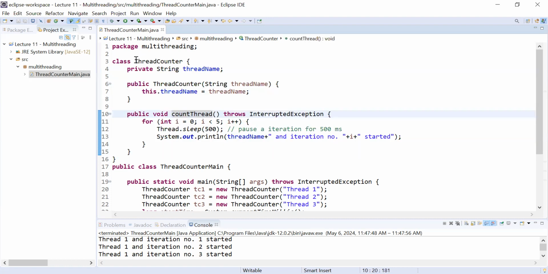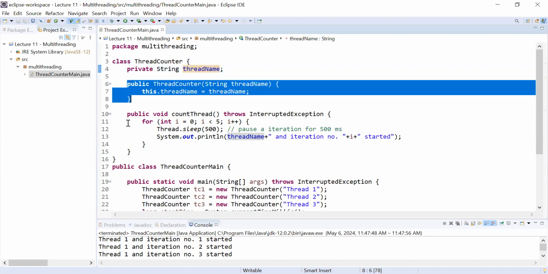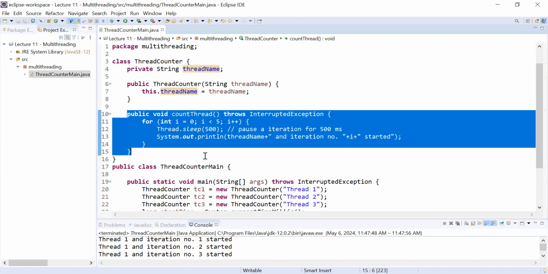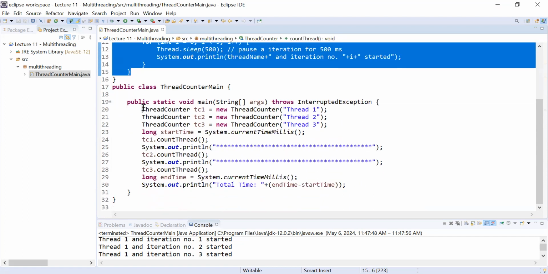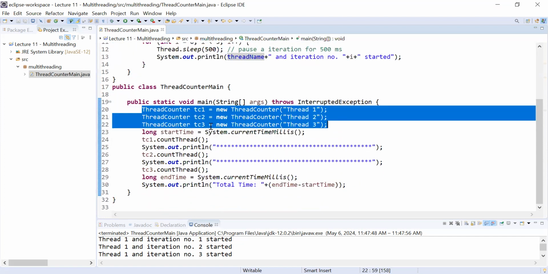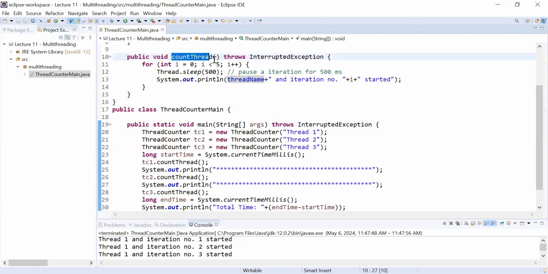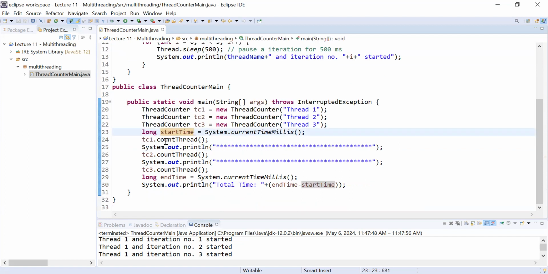So we have created a class ThreadCounter that contains a variable threadName, a constructor and a method countThread. Inside the main class, we have created multiple instances of the class, and using these multiple instances, we are calling the function countThread. Along with it, we are calculating the total time required